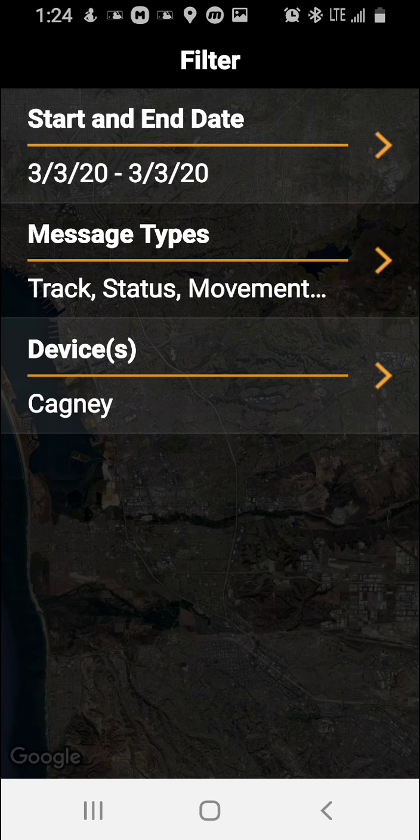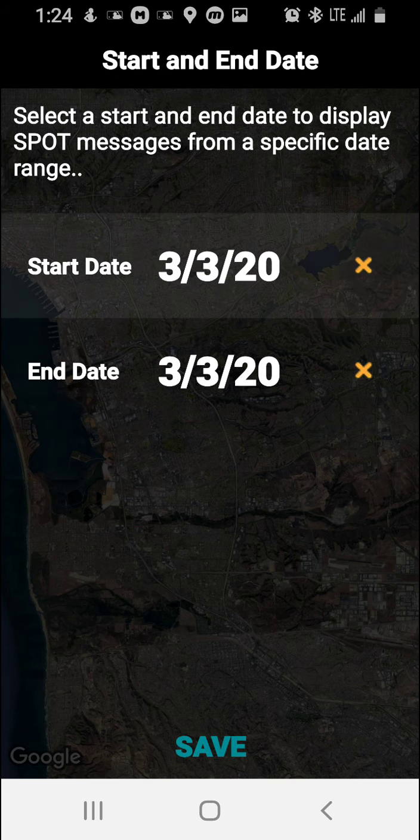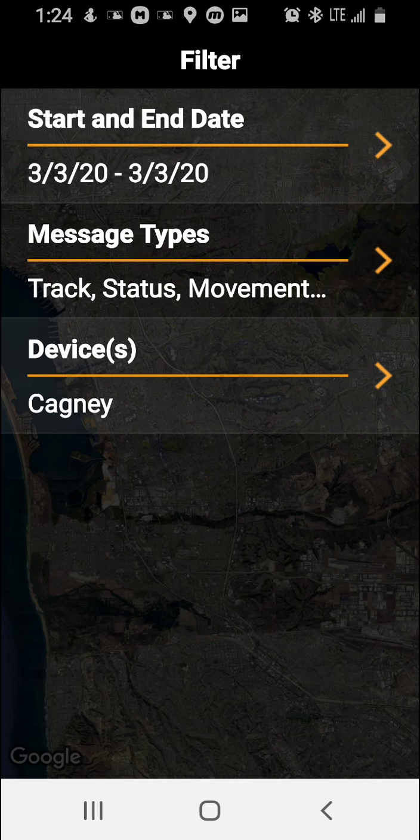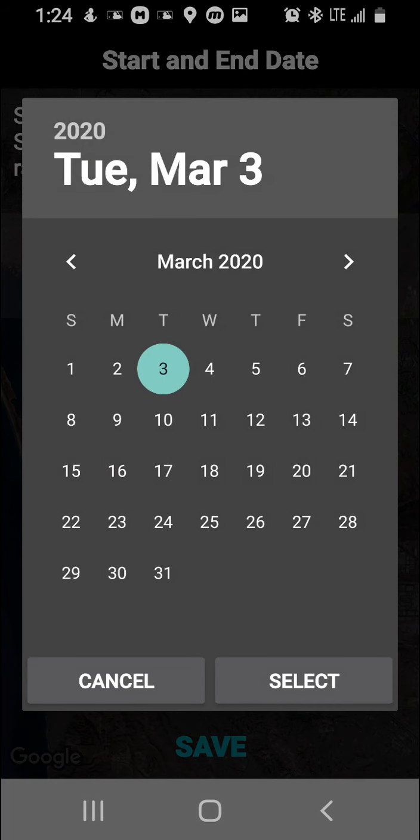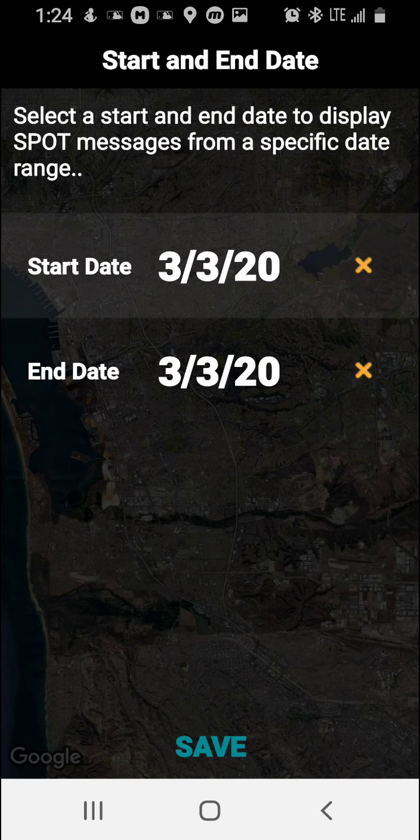Then you choose the date you want to look at. Let's just say you want to look at today's date, March 3rd, 2020. If you want to switch the date, you can click on that line up there. Let me go back to that. You can click on the line or the arrow, but I'm going to click on the full line. It opens up. You click on the start date. I clicked on the number, so I'm going to go back to that. You actually click on the